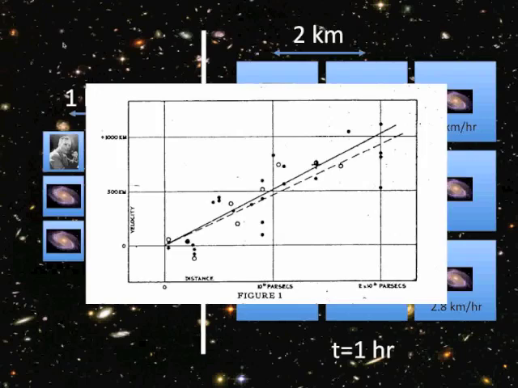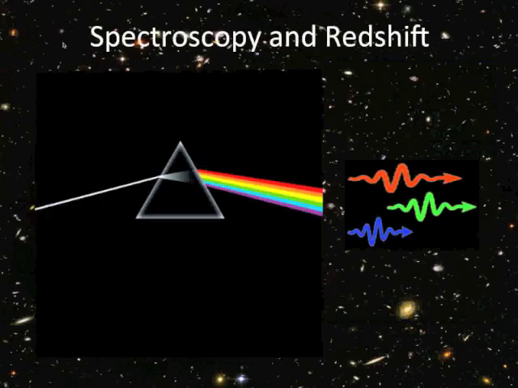So if you have a relationship like this, which is called the Hubble law, you can just measure the velocity at which a galaxy seems to be moving away from you, go to this plot and say, this is the distance, right? Once you measure the velocity, you can actually derive the distance from this. And this method that we use to measure the distances to galaxies by means of their velocity is called cosmological redshift, or simply redshift. And the actual methodology that we use to measure this redshift is something that we call spectroscopy.